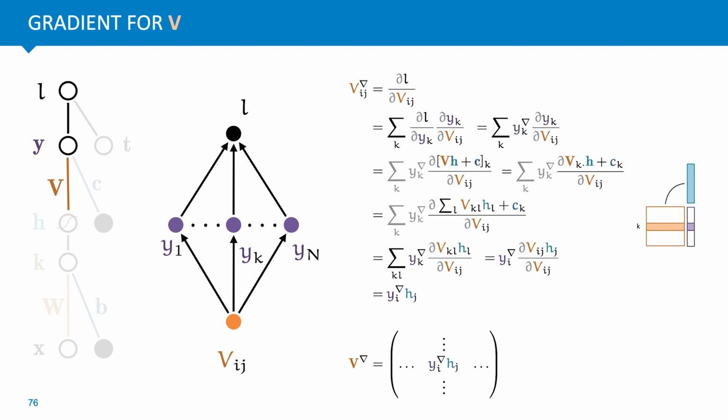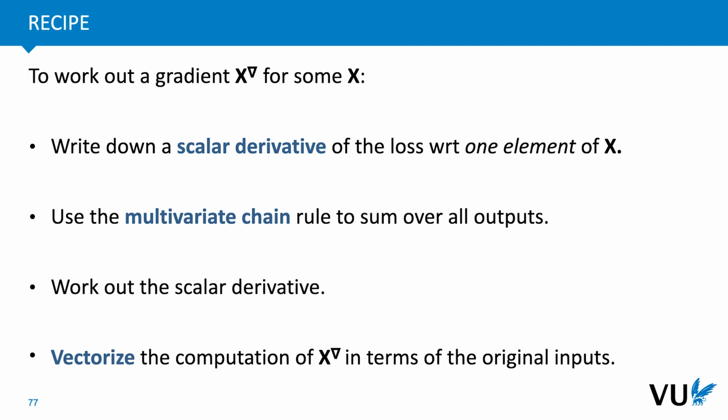And with a little creativity, we can see that if we take the outer product of the vector y nabla and multiply it with the transposed vector h, that gives us exactly the matrix that we want. So note the general trend here. We work out the individual elements using the rules that we know for scalar derivative taking. And then, with a little creativity, we try and work out a way to compute the whole matrix of all of these derivatives efficiently. So again, step by step, to work out a gradient x nabla for some x, we